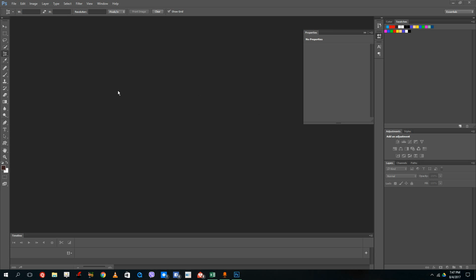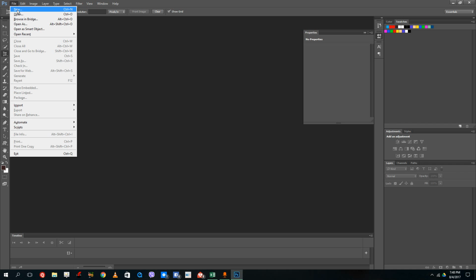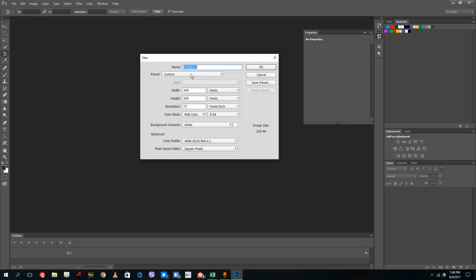So today we're going to look at how to generate GIF files, animated GIF files inside of Photoshop. In order to do that, just go to File and create New, and I'm going to select a size over here. Let's say 200 by 200. You can have any sort of GIF files over there. For the background contents, I'm just going to select transparent because I want a transparent background right there,